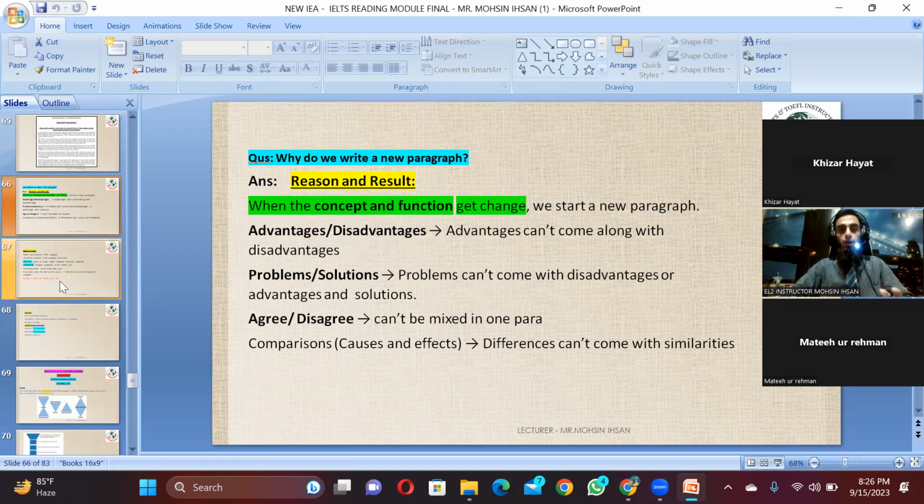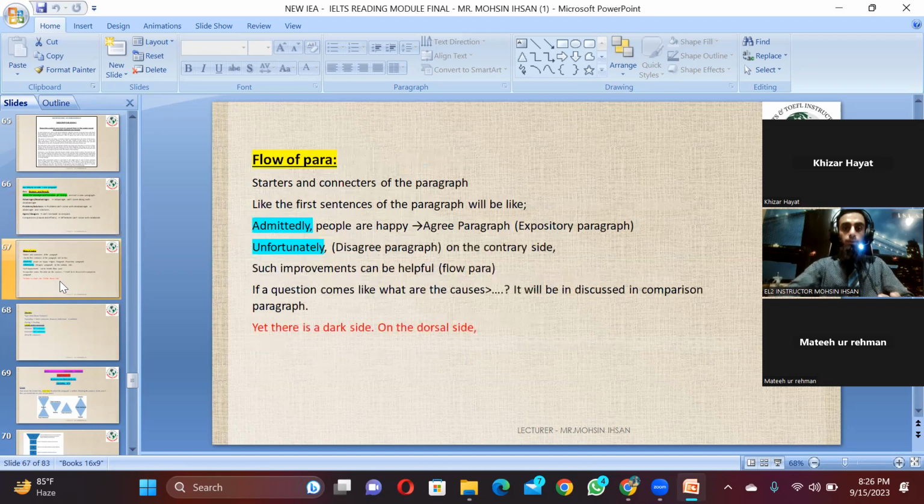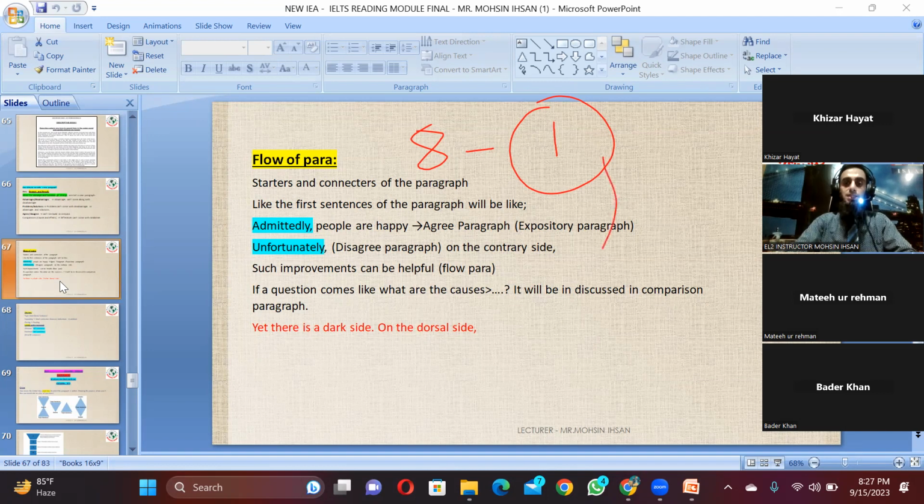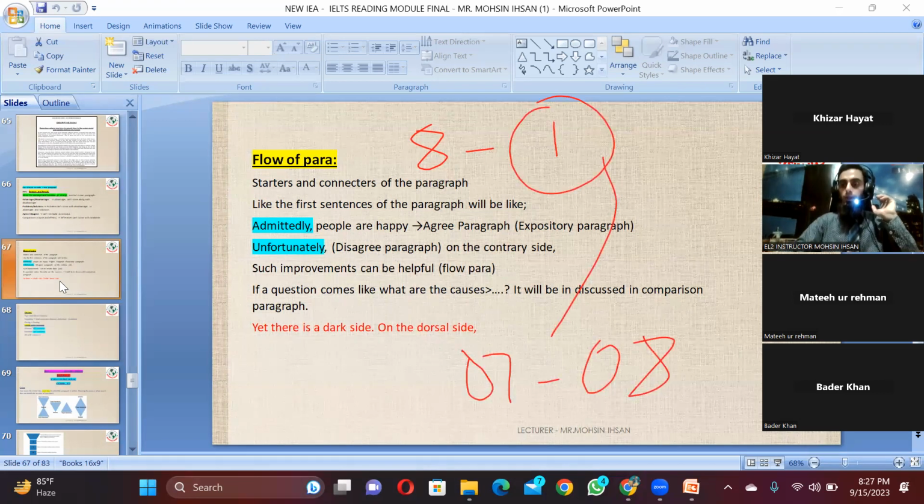Next is your flow of paragraph. Like what should be your flow of paragraph? For your flow, you should raise your speed a little bit. According to trainers, an 8 band student reads one paragraph in a minute. One paragraph in a minute. One passage contains roughly 7 to 8 paragraphs, right? Within those 7 paragraphs, one paragraph would be covered by an 8 band student within a minute, right? Now, but